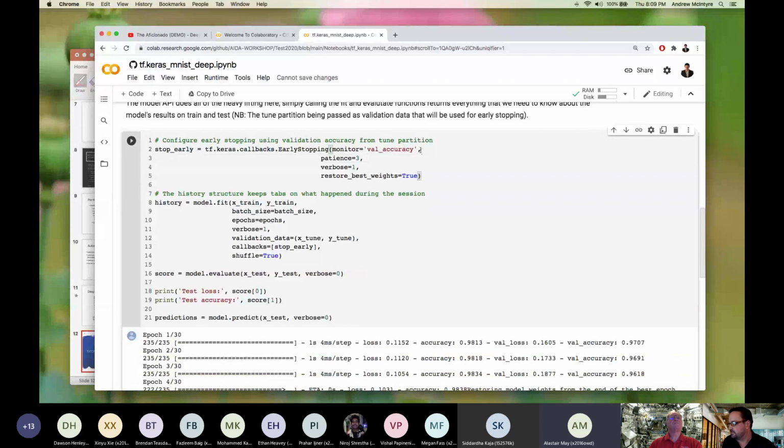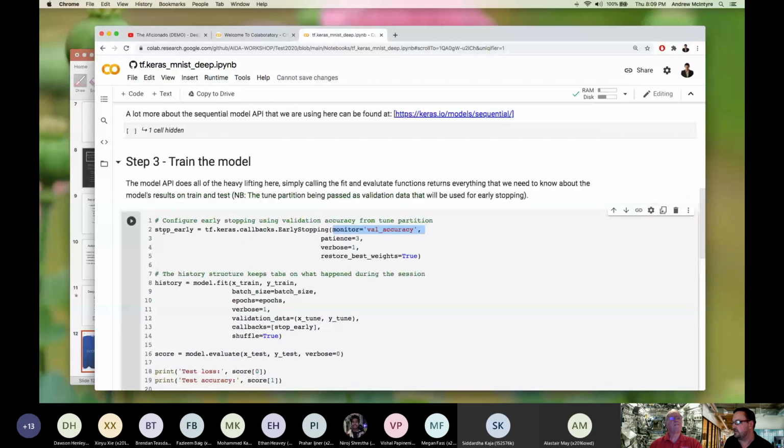Yeah, that's where you want to change this monitor business. I think I went through this quickly, but on line 2 under step 3, that's where this early stopping is defined. So the monitor, instead of reading val_acc, it should be val_accuracy.